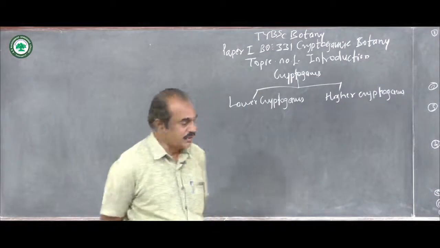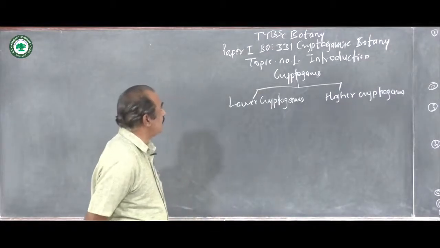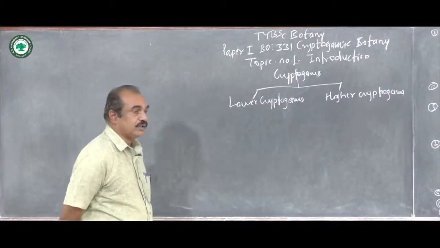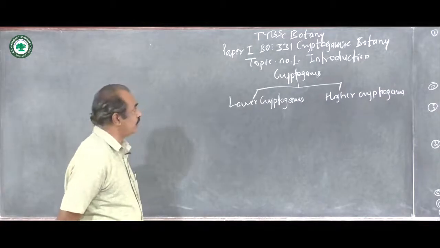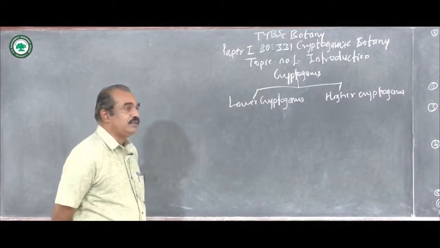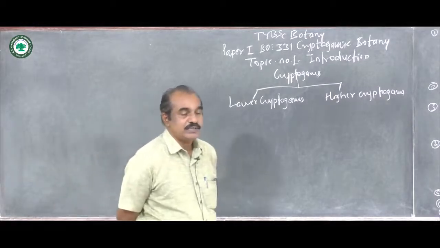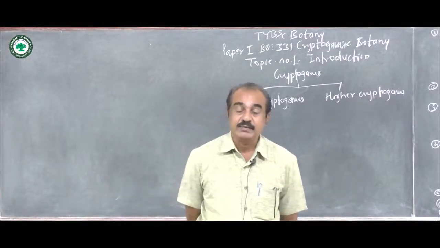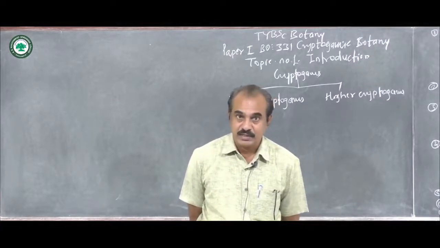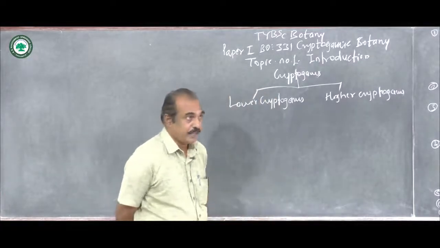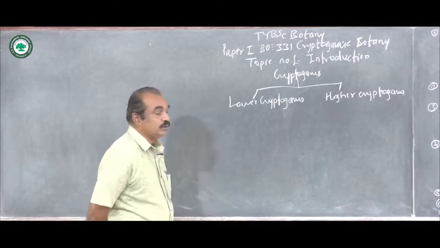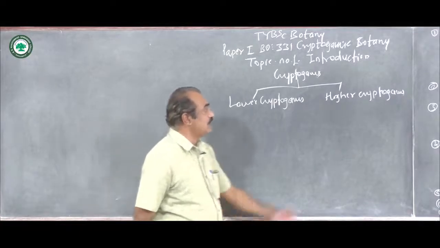Today we are going to see the T.Y.B.Sc Botany, paper first, BO 331, Cryptogamic Botany, and from this, topic number 1, that is the introduction to the cryptogams. Cryptogams are the flowerless, fruitless, seedless plants, and they reproduce with the help of spores, and they are called cryptogams. Now these cryptogams are divided into two main groups, that is the lower cryptogams and higher